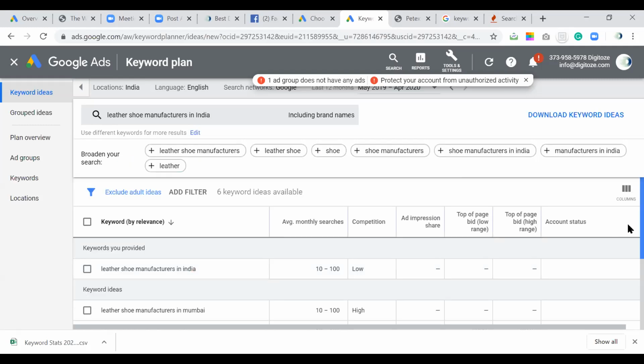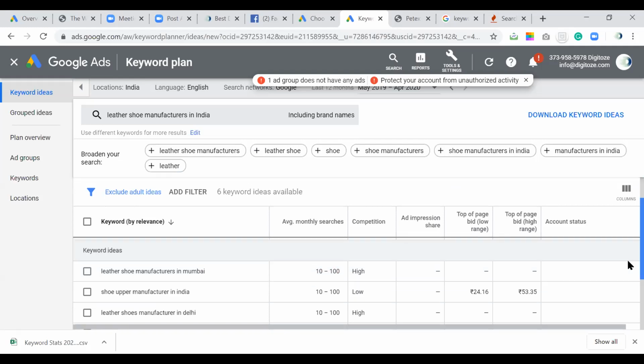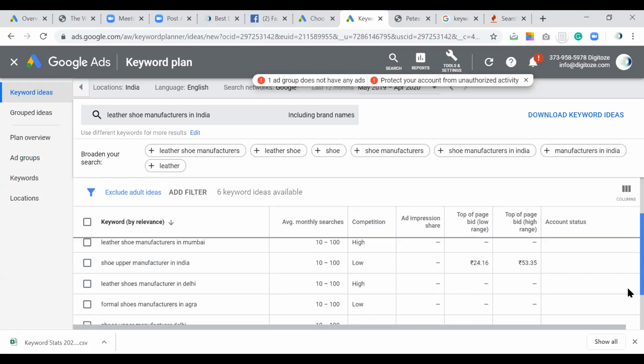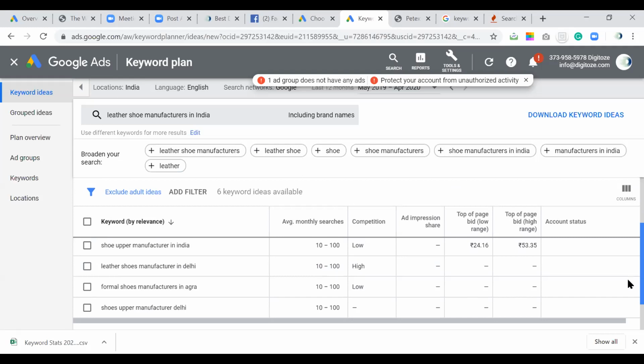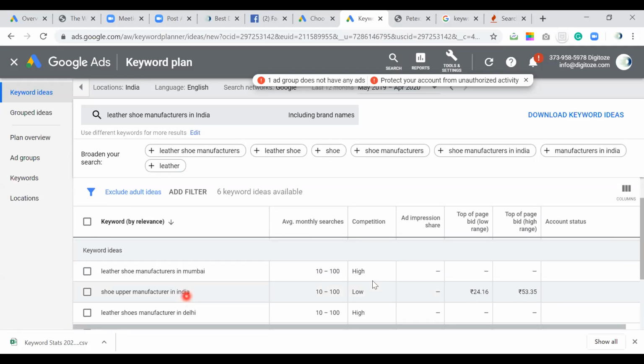So the moment the length of the keyword goes a little bigger, you can see competition is low, and average monthly search volume has also gone down. Now what Google is suggesting, we can see leather shoes manufacturer in Mumbai, in Agra. So these are some of the relevant keywords related to leather shoes manufacturer in India.